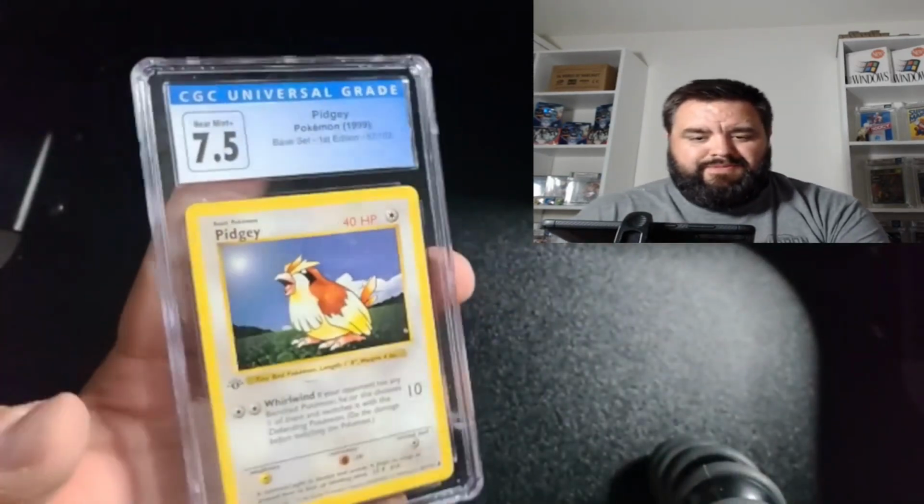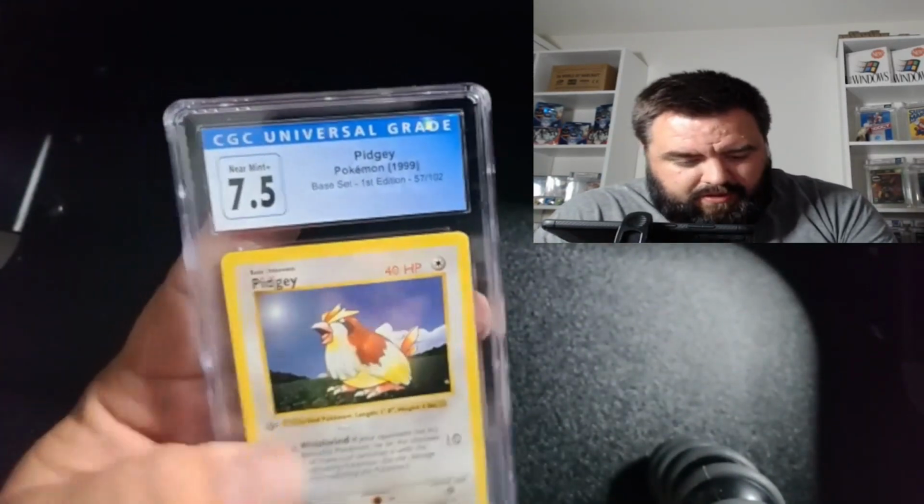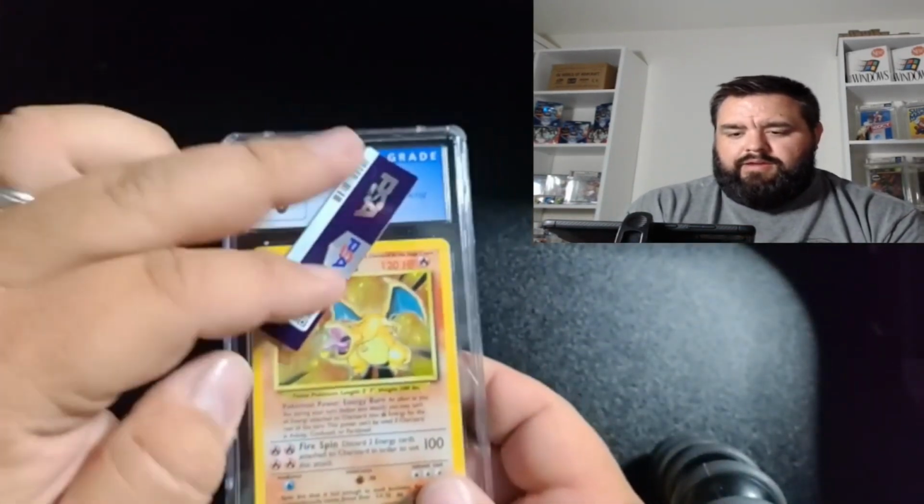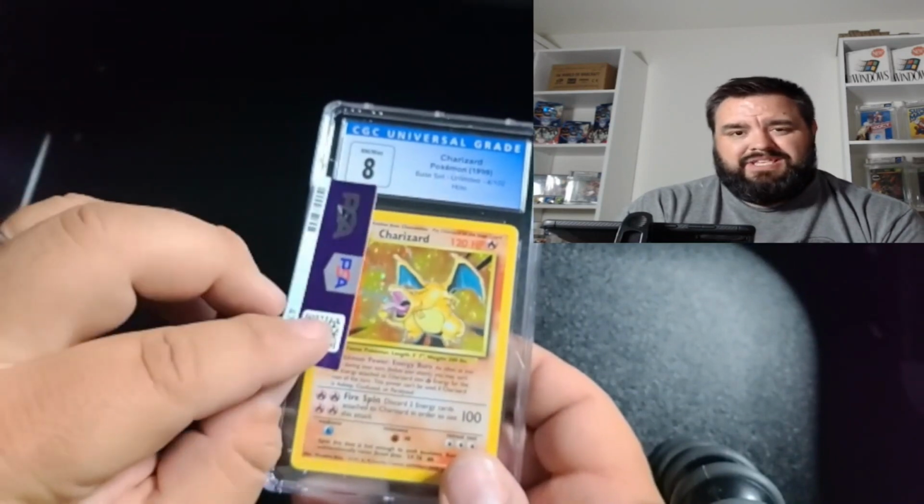Ponyta. And of course, the worst grade came from the Pidgey. Poor Pidgey. It's almost great. No, it's not great. Alright, moving on from first edition base. Now, we're going to start off with my childhood Charizard. And I kind of like the way Echo did it. That's pretty cool. So we got the cracked slab